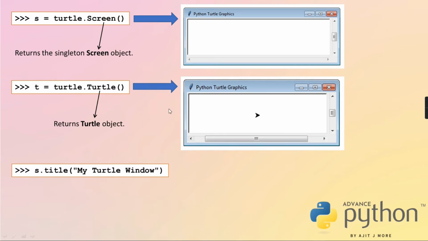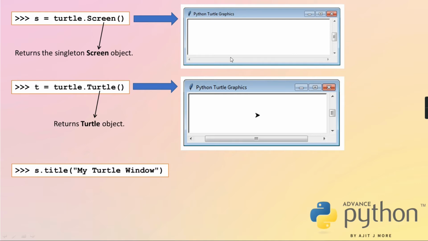If you want, you can set the title of the window by the title method, s.title on the screen object. Ultimately, they depend on your tkinter module only. That is the reason the feather sign is coming here. Can you see this icon? The same symbol comes for your tkinter module also.